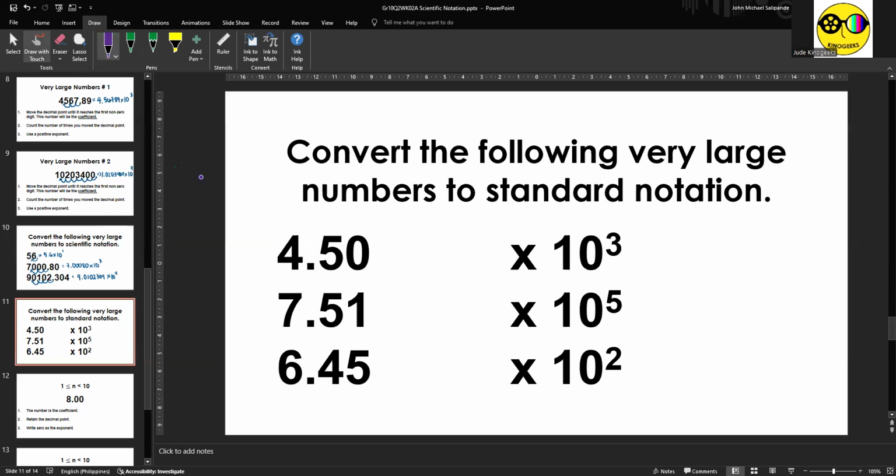So, as we recall, the exponent tells you the number of times you have to move the decimal point. And this time, hindi natin alam kung whether we're going to move it to the left or to the right. But remember that we're dealing with very large numbers. And when you multiply a number by 10, the decimal point moves to the right. Kaya we will move the decimal point to the right this time. Okay, so 4.50, let's move the decimal point to the right 3 times. 1, 2, 3. There's a vacant spot, fill it in with 0. So this number is 4,500.